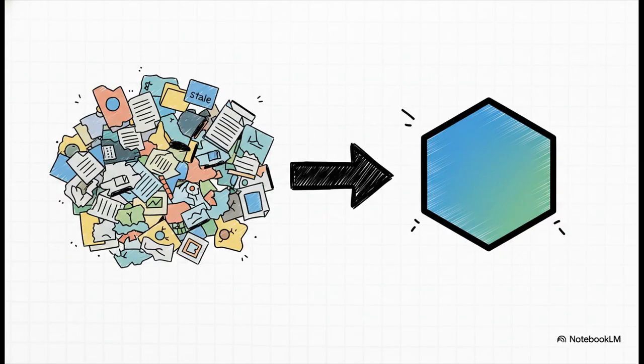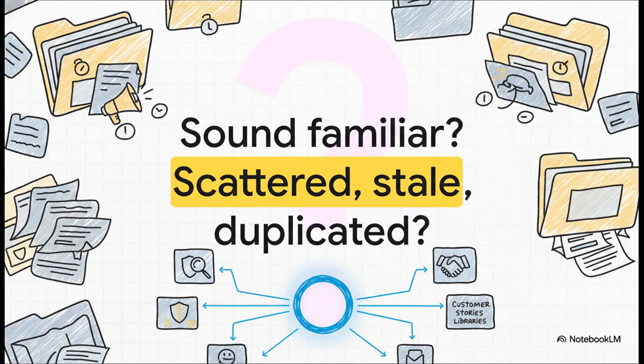So here's the core problem. The reason most enablement efforts kind of fall flat is because all that critical content is scattered everywhere. It gets stale, and you've got like 5 different versions of the final sales deck floating around. The solution is to create a single source of truth, one central hub that your sales team can actually trust and really use. I'm sure this feels painfully familiar to you, that frantic search for a specific customer story, like minutes before a call,